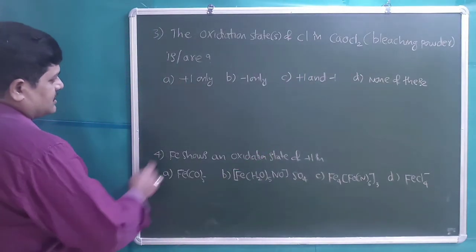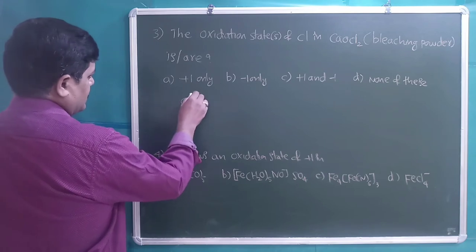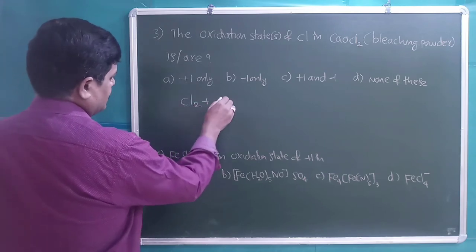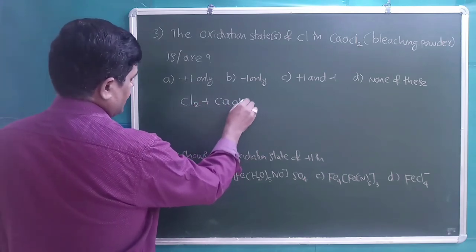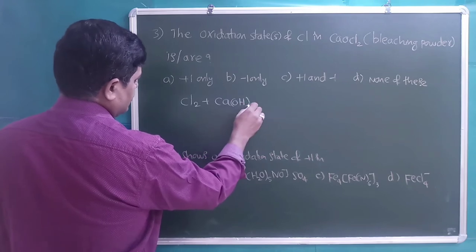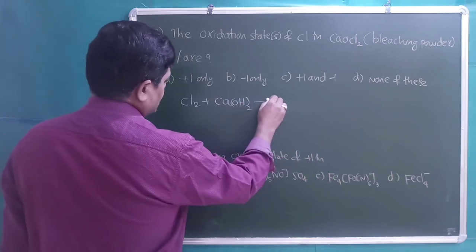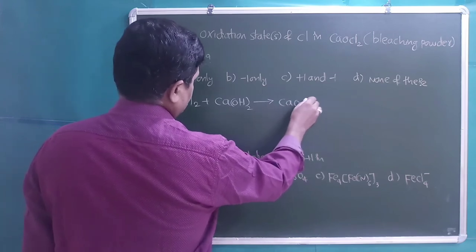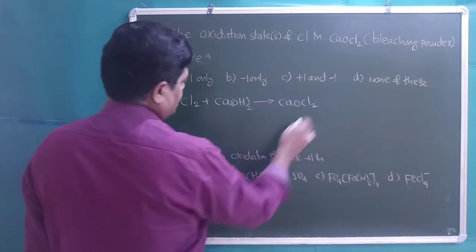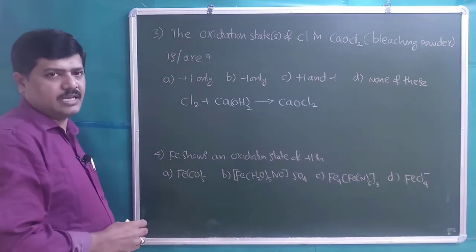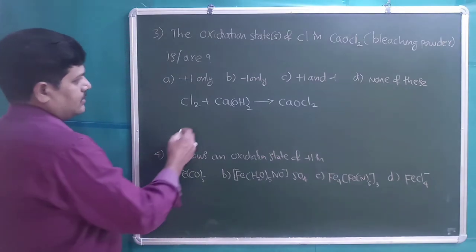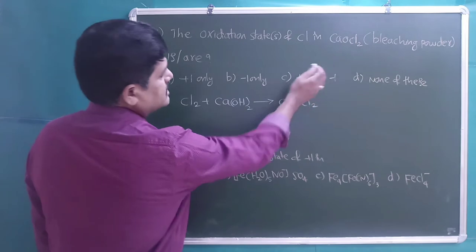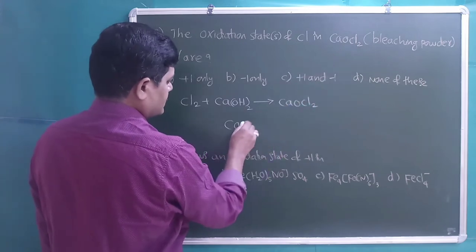Bleaching powder can be obtained by reaction of chlorine with calcium hydroxide. Actually, this is a disproportionation redox reaction in which the same element undergoes both oxidation and reduction. So students, here in the bleaching powder CaOCl2,